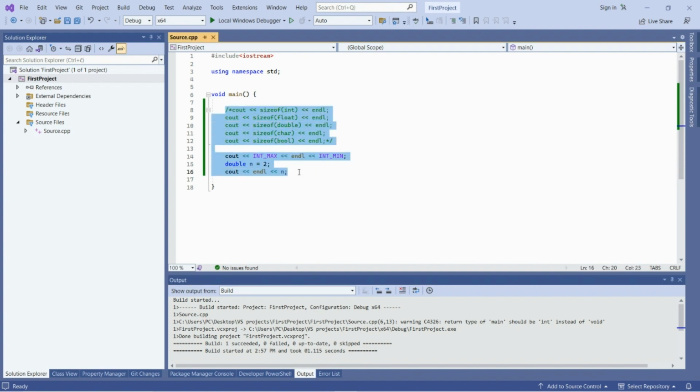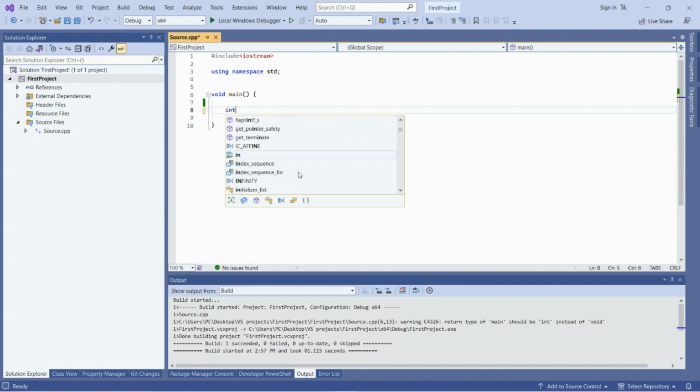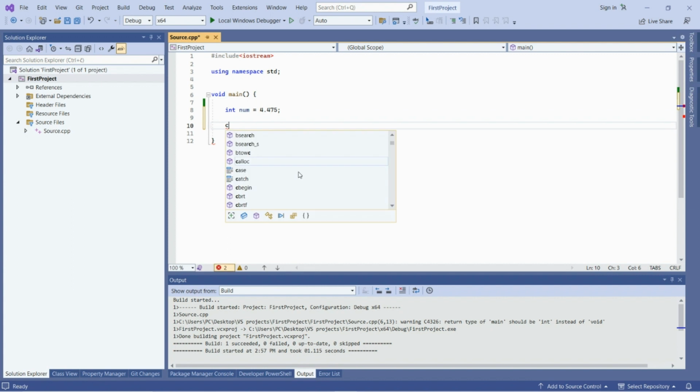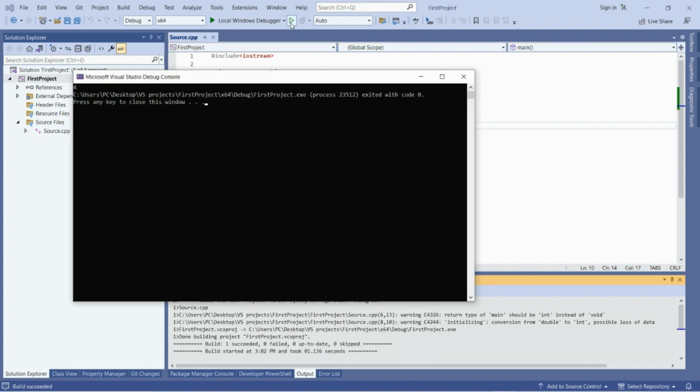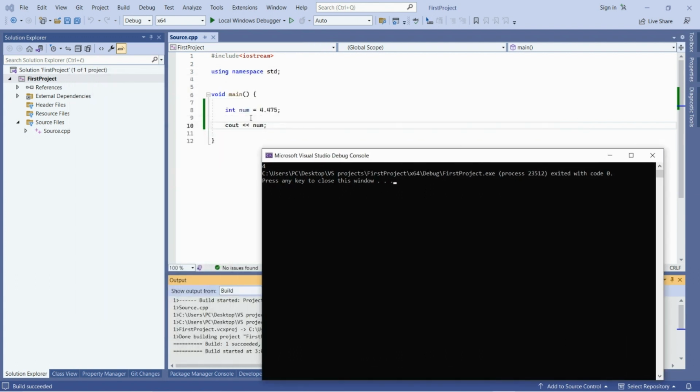I can assign a decimal number to the integer variable, like this. But if I print this, it is only 4, because when I assign a decimal number to the integer variable, it is automatically converted to integer.